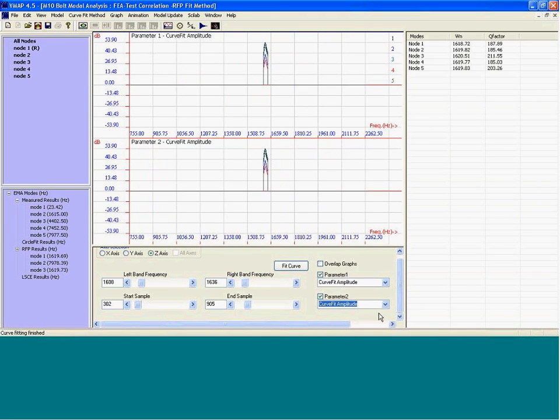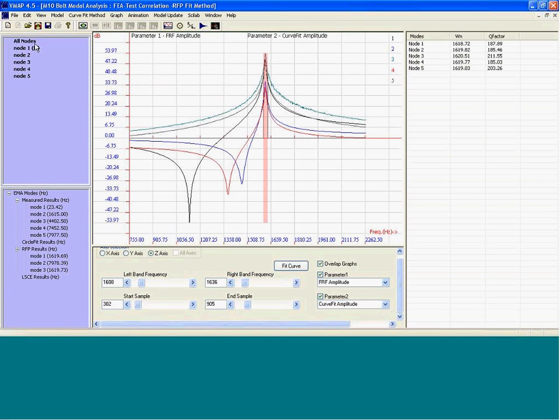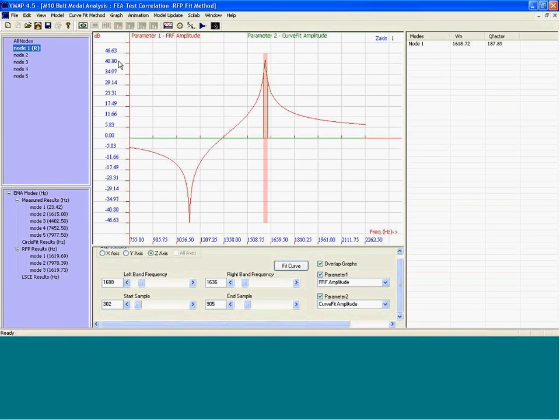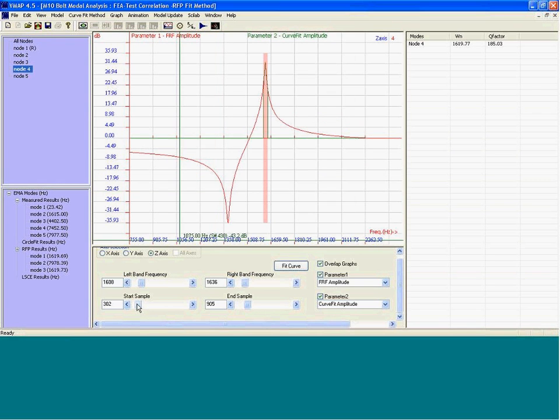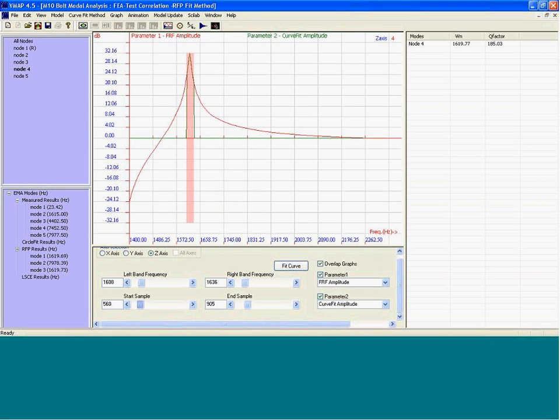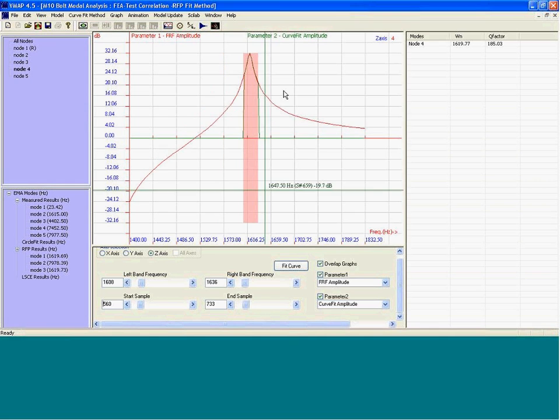The first mode shows the curve fit amplitude and FRF amplitude. Overlap these graphs. We have the resonant frequency and Q factor, and from the Q factor, you can calculate damping. It's for one of the nodes, for another node. So you get a pretty perfect fit of this curve fit right on top of the measured